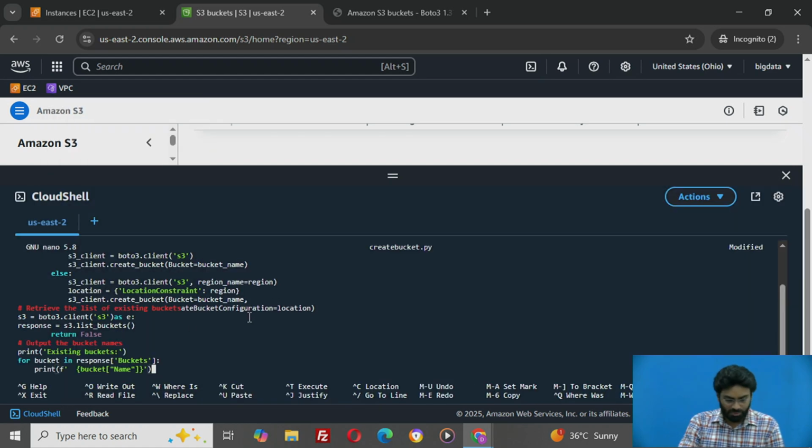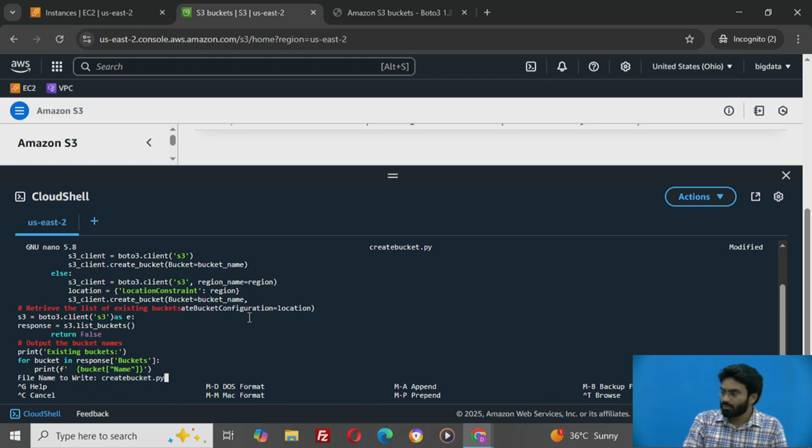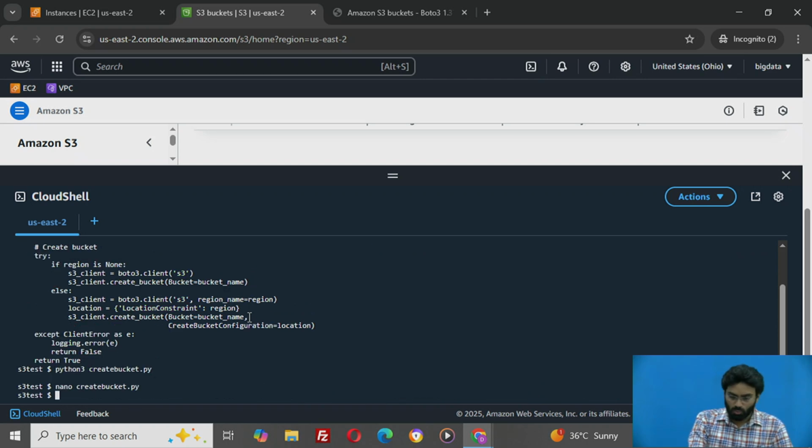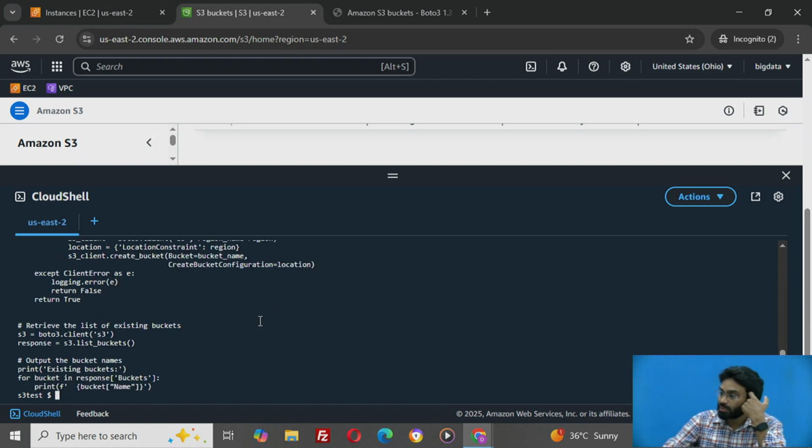Asking for a confirmation. So again, I want to verify whether this has been copied down properly or not. Okay, so now if I try to